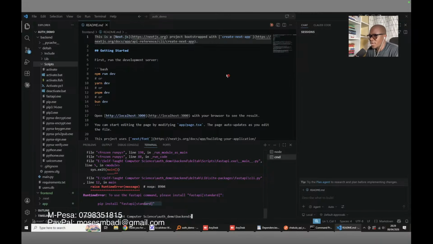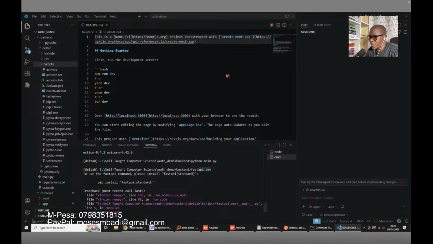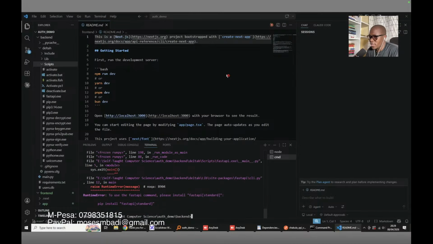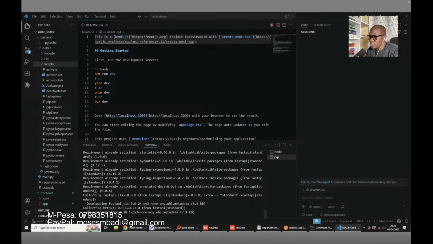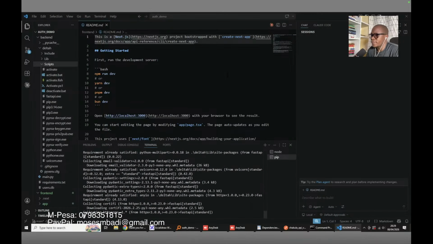So pay attention to again this error. I'm trying to run this command called fastapi dev, but the error is to use the fastapi command, please install fastapi standard, and it suggested the command here. So we're just going to copy this, and you can read through the error and find out what the error means, but you can just copy that, paste it there. Pretty sure cmd. Okay,